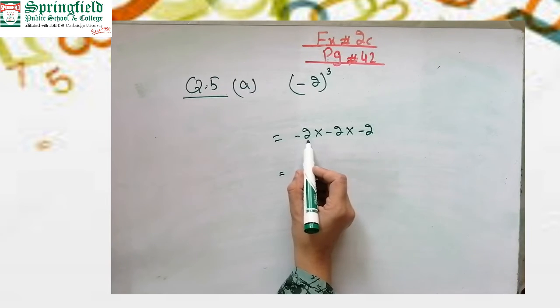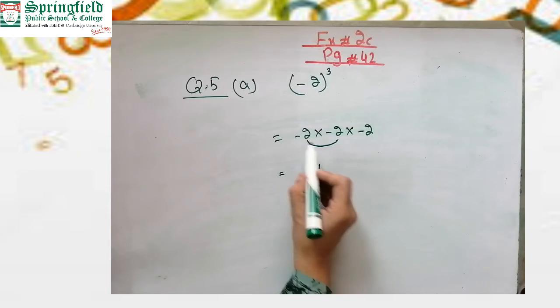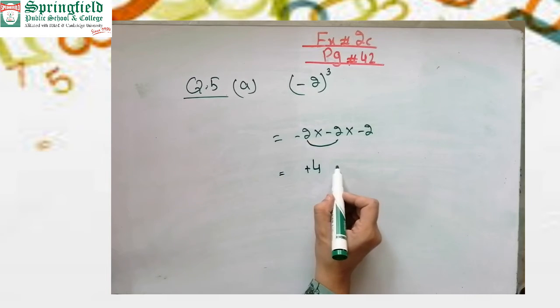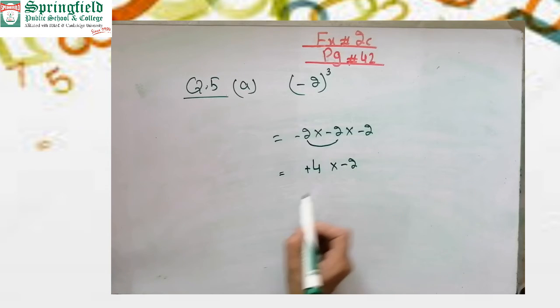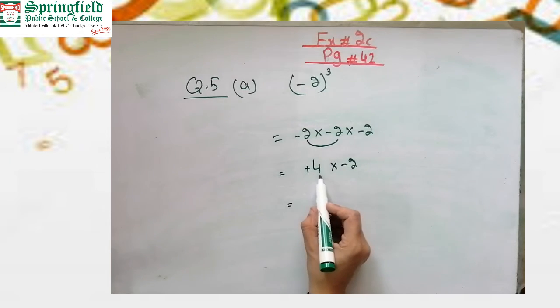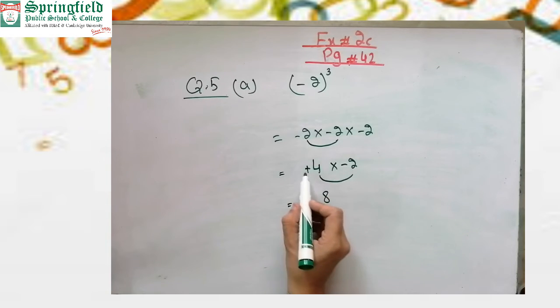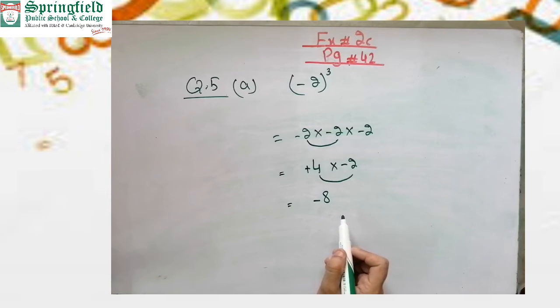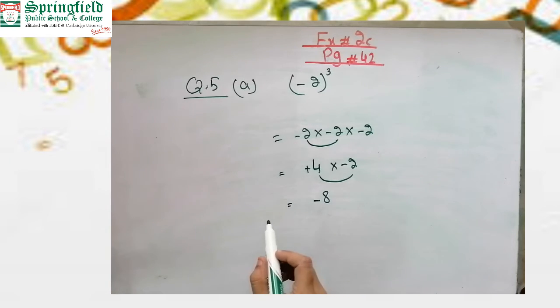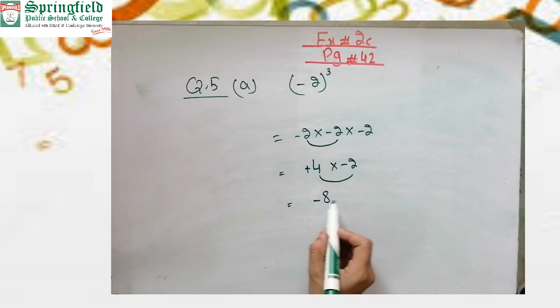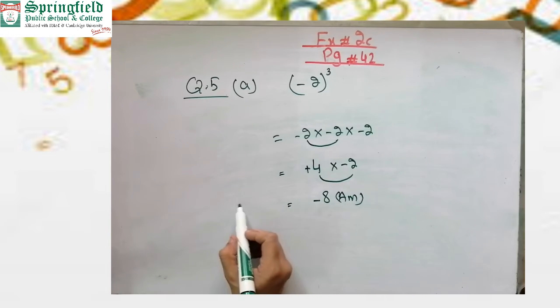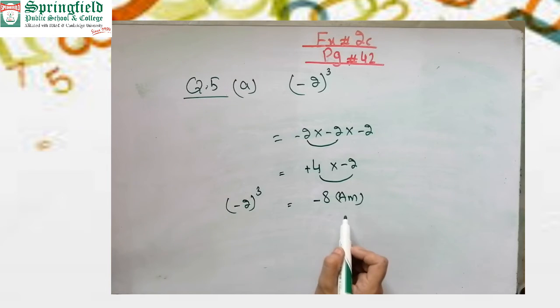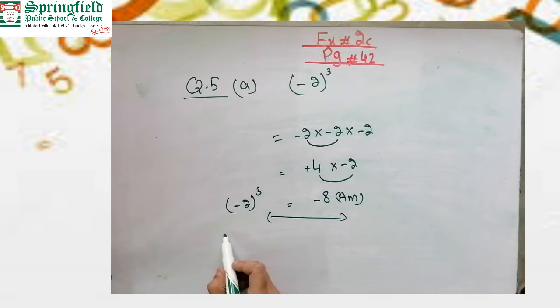So first we will start from the left side. 2 2s are 4, minus minus plus, and then write down the other 2, minus 2. And then in the next step, 4 2s are 8, plus minus, minus multiply with plus sign, so minus. As we know that a negative number multiplied with a positive number, the answer is in negative form. So minus 8 is your final answer. It means minus 2 power 3 is equal to minus 8. Understood beta? Okay. And now come on the last D part.